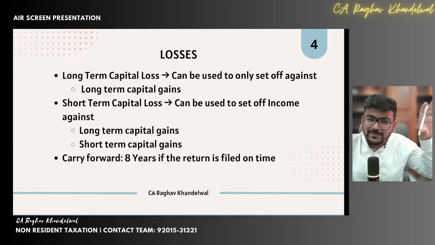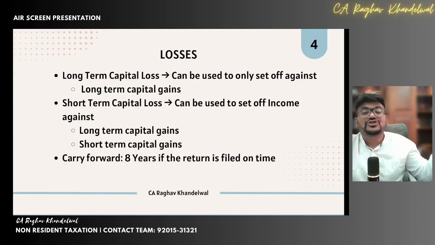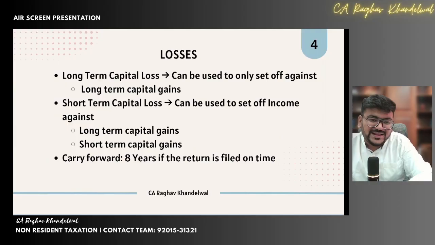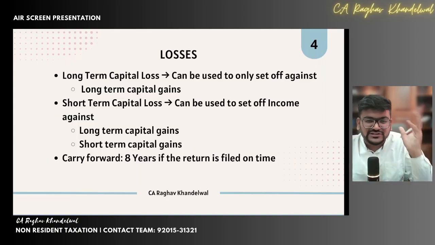So if there is short-term capital loss and you use it for short-term capital gains, instead of paying taxes at the rate of 20% on short-term capital gains, you will be setting off all that short-term capital loss against the short-term capital gains. And for long-term capital gains, the tax rate would be reduced. That would be 12.5%. So straight away, there is a 7.5% tax benefit. So you have to take care of these small things.